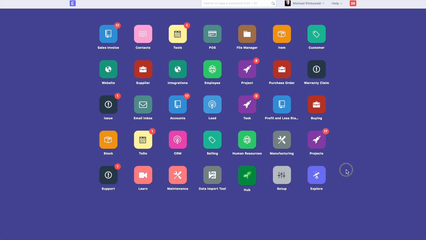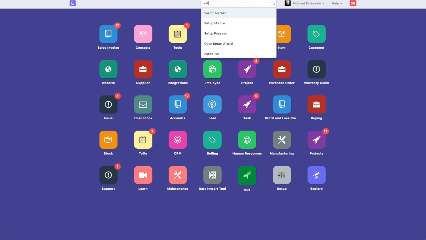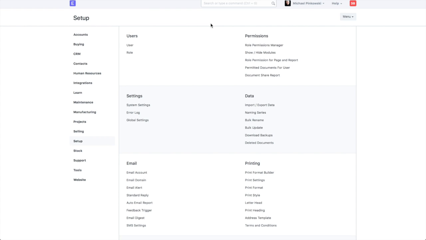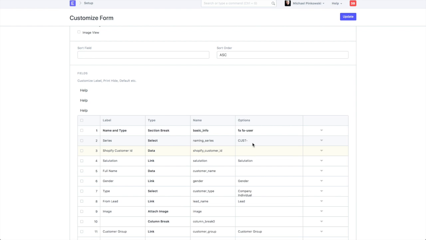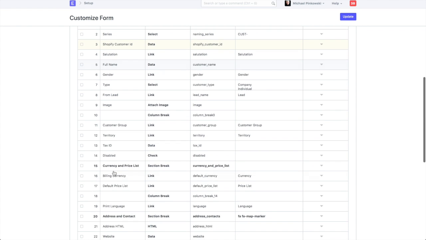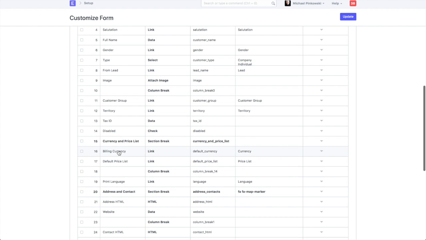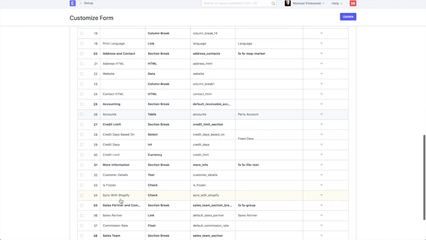So we're going to do that, and we're either going to start here in this setup module, which is displayed on my screen, but of course not everybody's screen looks the same. You may not have all of those, so I can also just have you go up here, and you can see that setup module is one of the choices when you do that. If you scroll down just a little bit, you'll come to the Customize section, and we're going to customize a form today. It's going to be our customer form, and you can see in this thing we've got all kinds of information, but there's their name, and there's their currency that they deal in, there's their address,